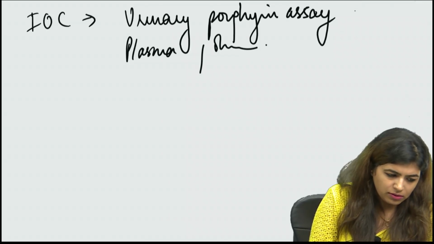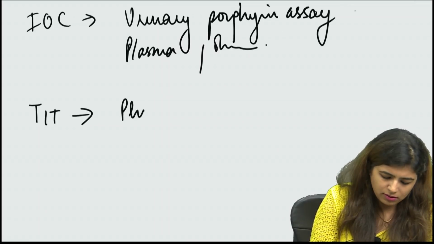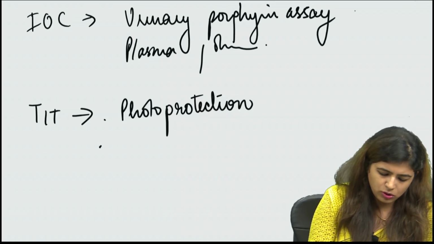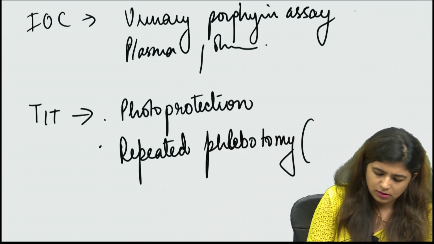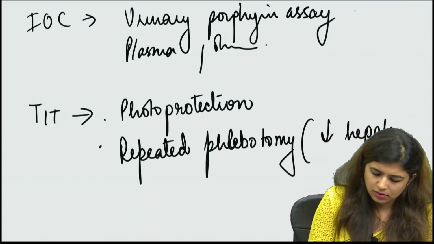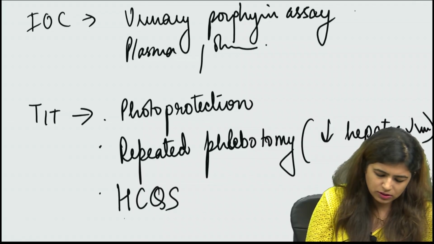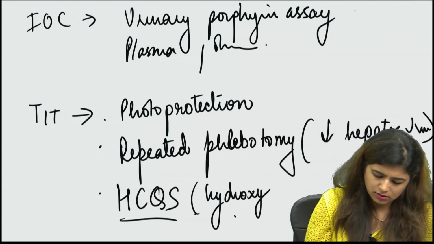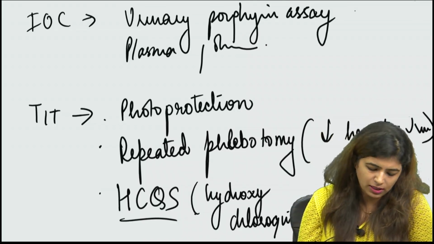Then how do you treat? You treat by 1, photoprotection, 2, repeated phlebotomies. This is to decrease the hepatic iron content. And 3, sometimes we use a drug which is called HCQS, hydroxychloroquine. So these are just some points which we have to remember about